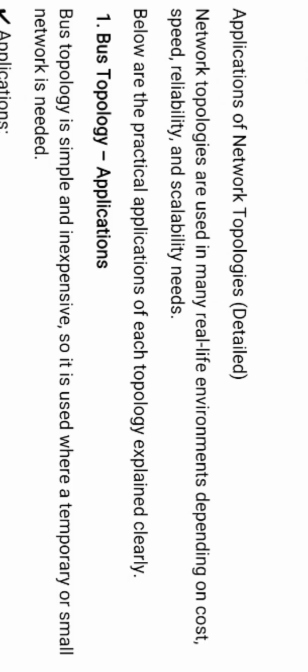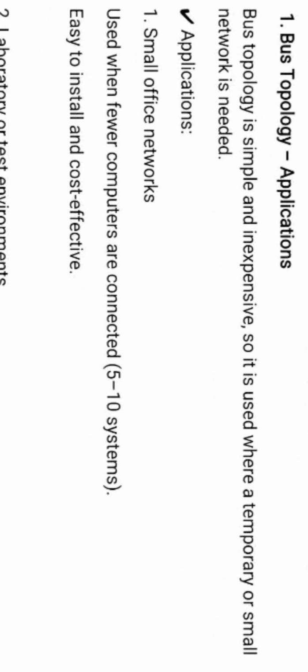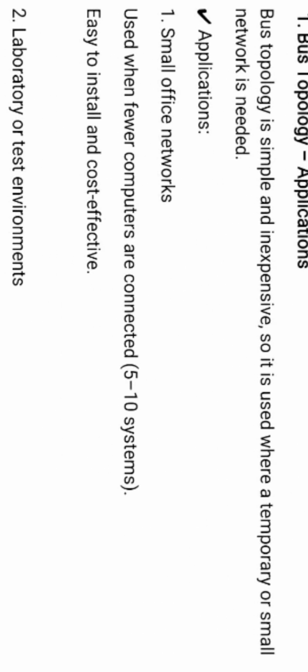We will know what network topologies are. That means the structure or layout of how the network is interconnected. It is used in many real-life environments and experiments that depend on cost, speed, reliability, and scalability needs. The first application of network topology is bus topology, which makes it easy to connect